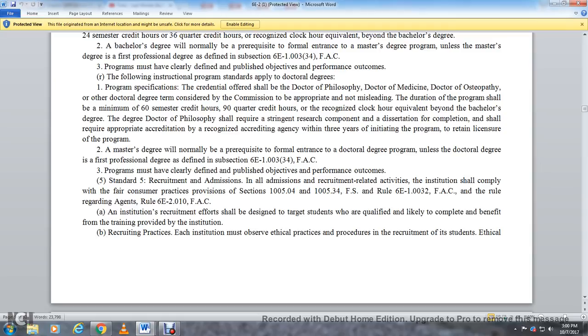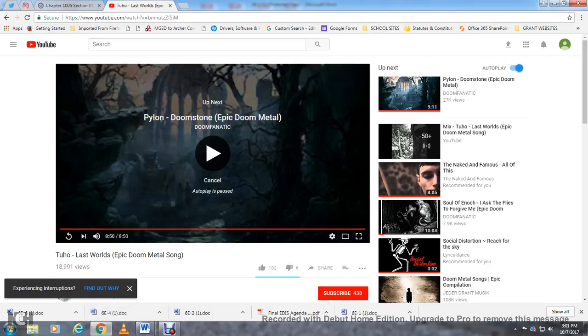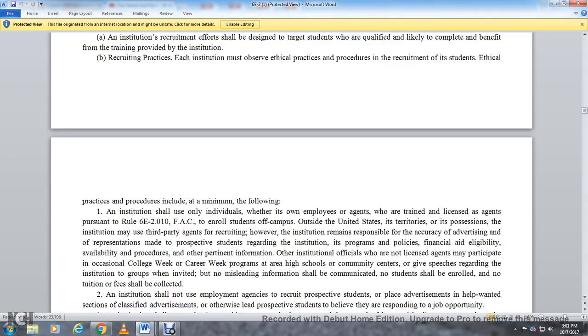The institution's recruitment shall be designed to target students who are qualified and likely to complete and benefit from the training provided. The recruiting practices of each institution must follow effective ethical procedures for the recruitment of students, including a minimum of the following. 1. An institution shall use only individuals who are employed agents licensed pursuant to the Rule